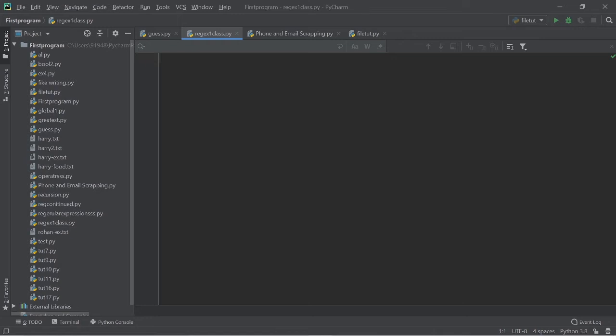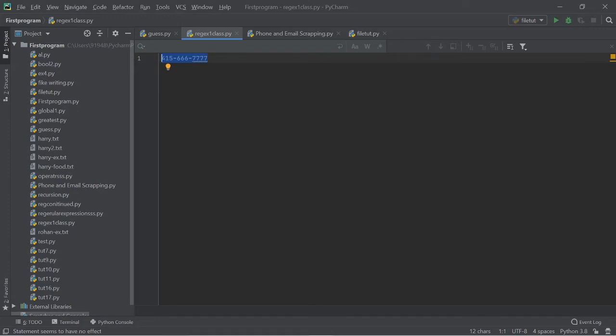Okay, first of all, the phone number in Canada. Let me show you. The phone number in Canada looks like 415, the first three digits, which is known as the area code. Then comes 666, the next three digits, and then the next four digits. This is the phone number pattern in Canada or in the US.